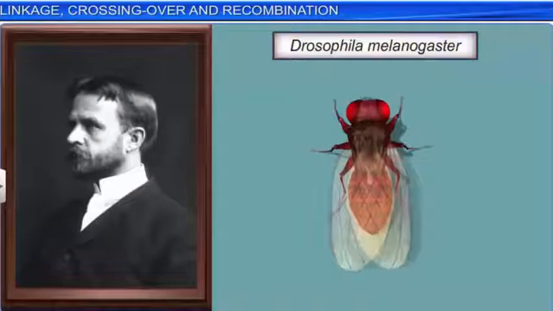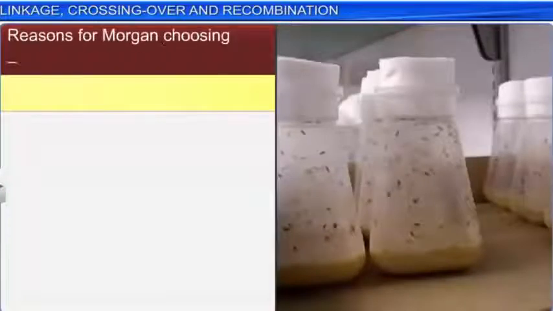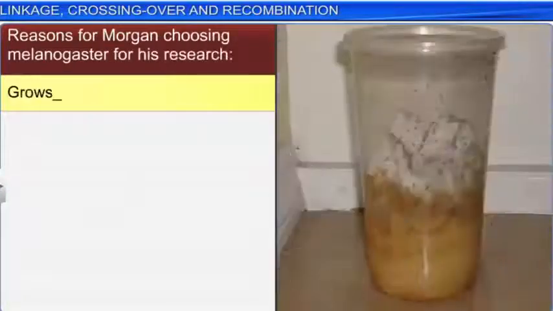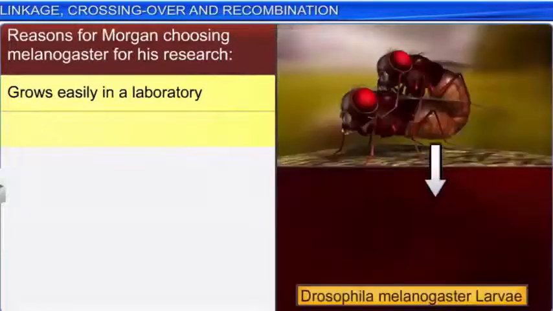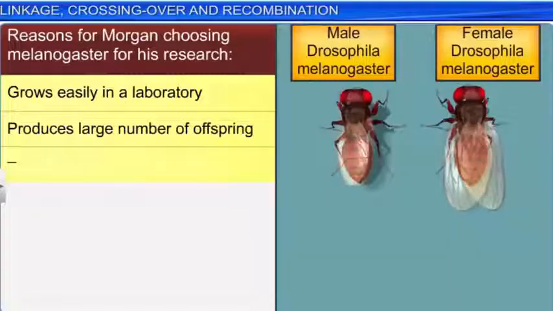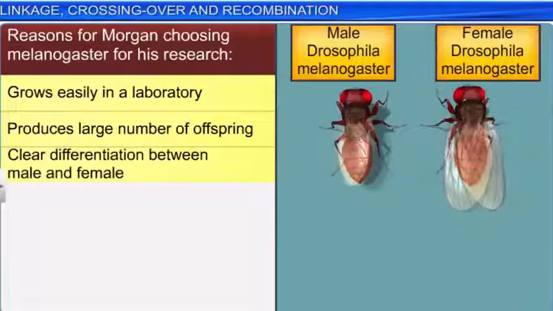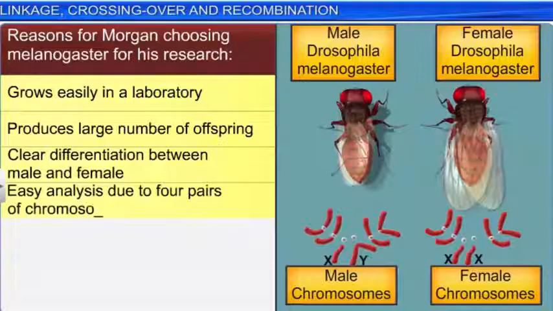There were several reasons for this. First, these flies could be easily grown in a simple synthetic medium in a laboratory. Morgan also found that a single mating in these flies produced a large number of offspring. Moreover, the male and the female flies were easily distinguishable and had only 4 pairs of chromosomes, making their analysis